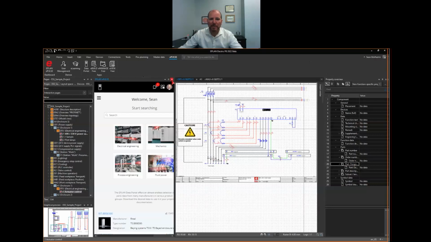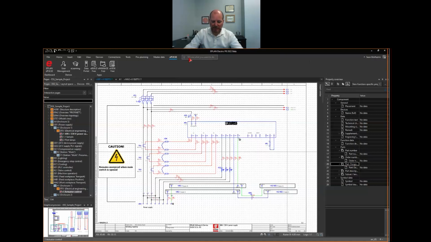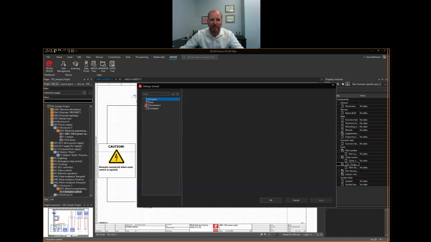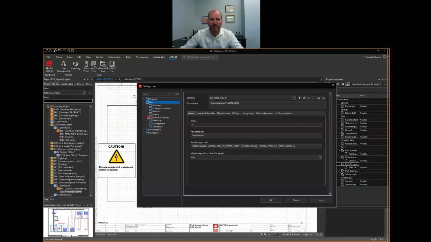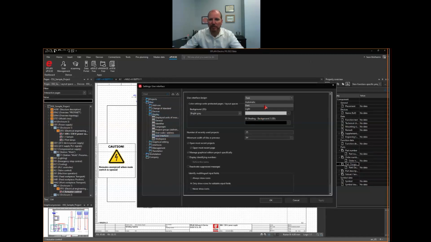And as we mentioned before, we have our tell me what you want to do. So if I type in settings, I have directly access to my settings environment, and here we can go to our user settings, go to our display settings and our user interface, and here we can easily switch between the dark and the light mode. So just without having to restart the software, you can swap between